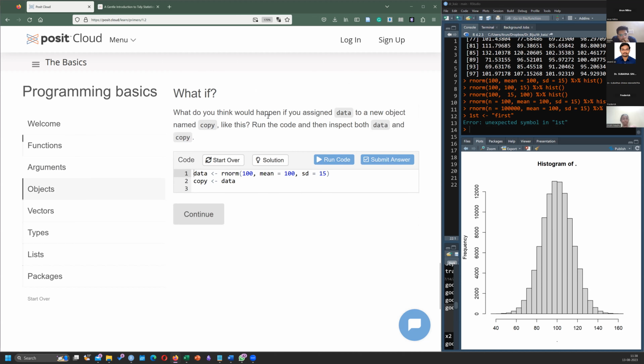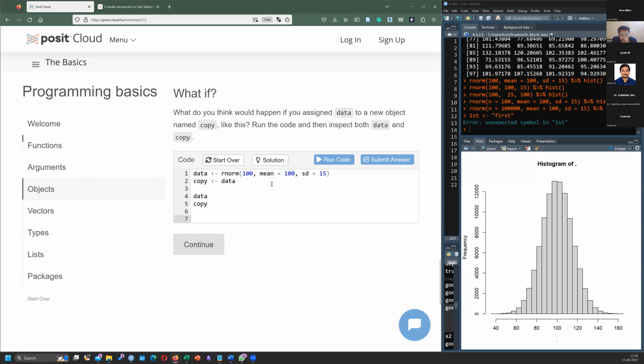What do you think would happen if you assign data to a new object named copy, just like this, and run the code? What will happen? They'll be the same.